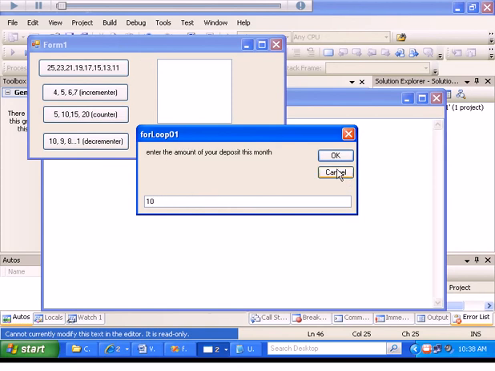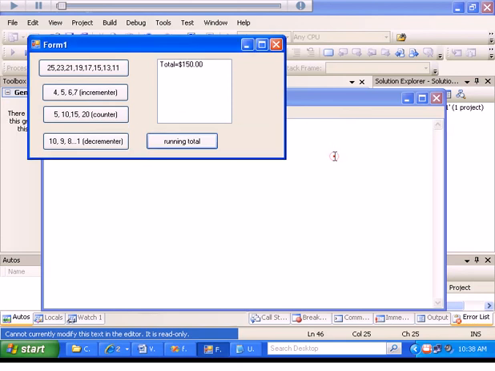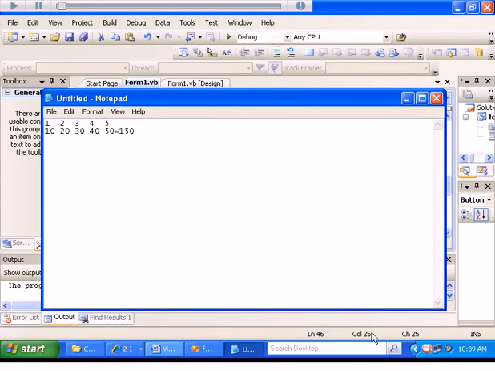So, let's enter 10 the first month, 20 the second month, 30 the third month, 40 the fourth month, 50 the fifth month, and at this point we should see, bingo, we got $150 in the bank. Do you see how running total works? Okay, so a very, very important type of equation we use in computer science. Okay, at this point I'm going to conclude the first part of my tutorial and pick it up from the